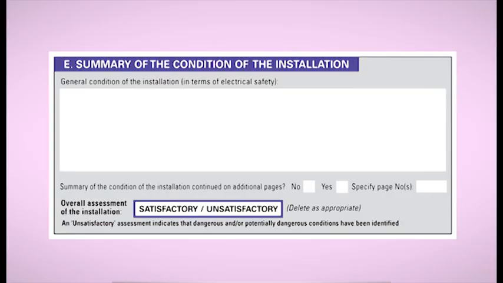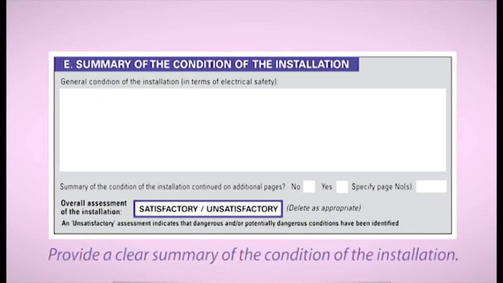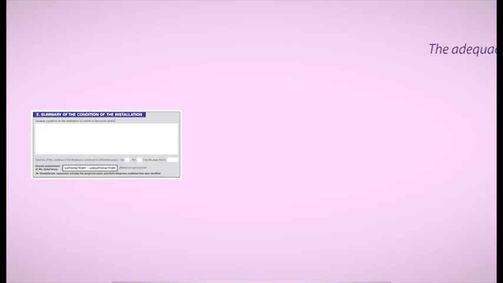The final box for us to discuss on the EICR is the summary of the condition of the installation. Now, I've seen "poor" or "needs a rewire" here, but these are not accurate statements. In real terms, you should provide a clear summary of the condition of the installation, having considered, for example, the